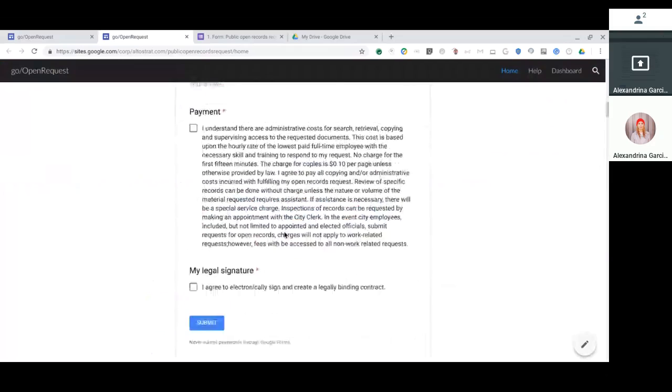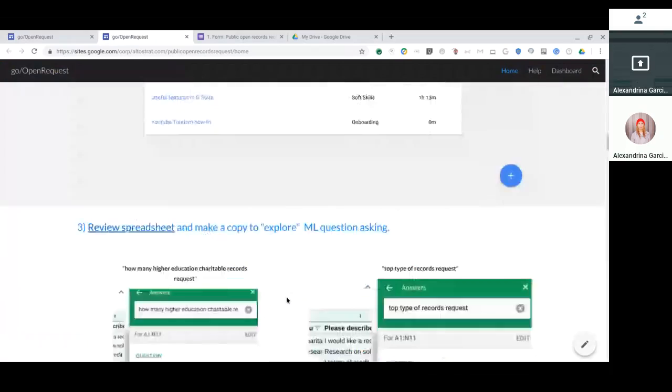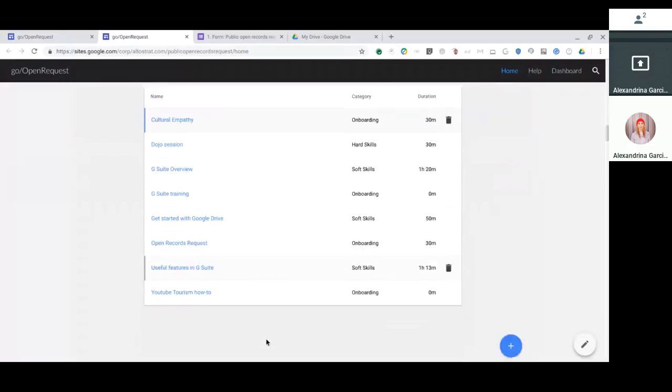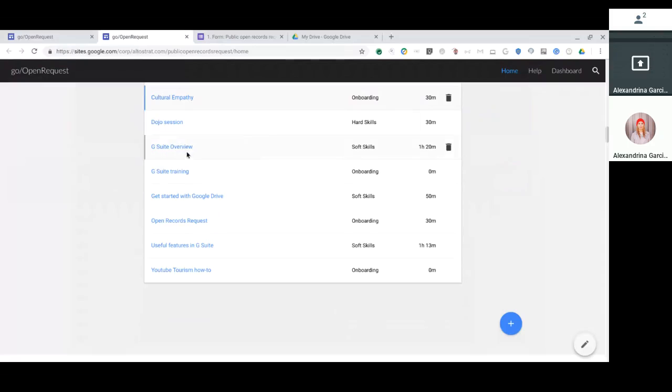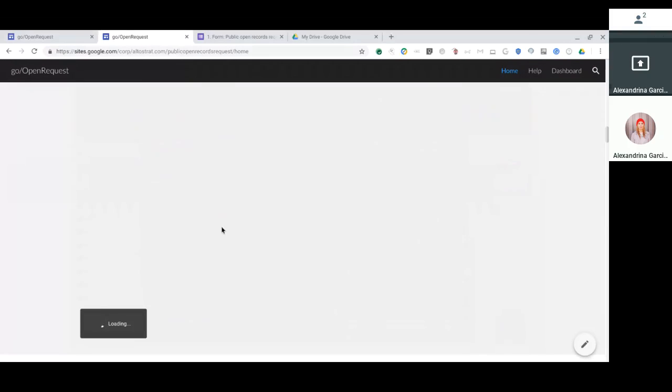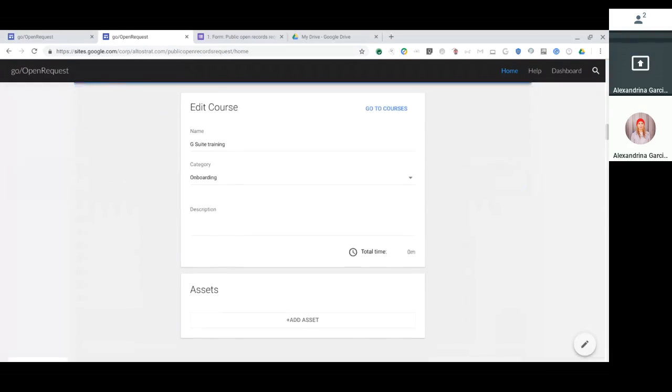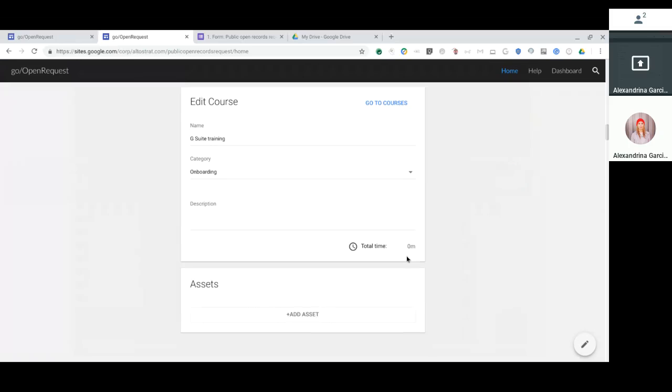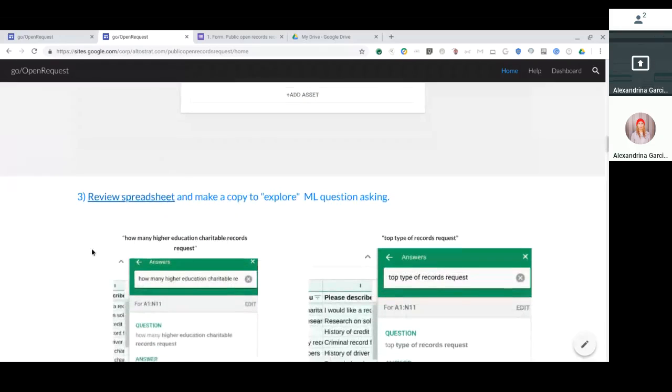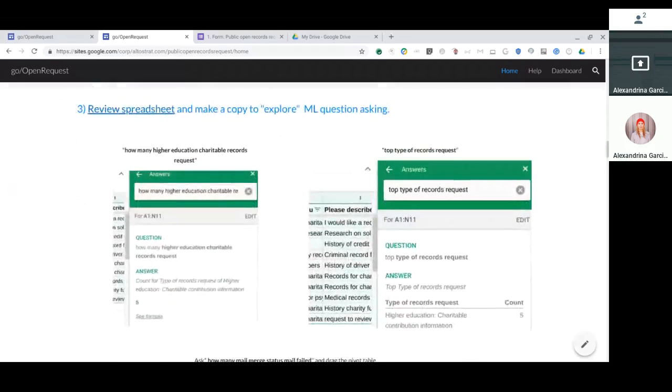So we were mentioning that we would like to collect information. We would like to train our people on this new process. So let's call this G Suite training. And you can create all the courses that you like and add all the links, all the assets to things that you have in Drive to lock down. All right, so that would be step 2. Step 3 would be, okay, now that we have people trained on this process, let's get them to actually be able to